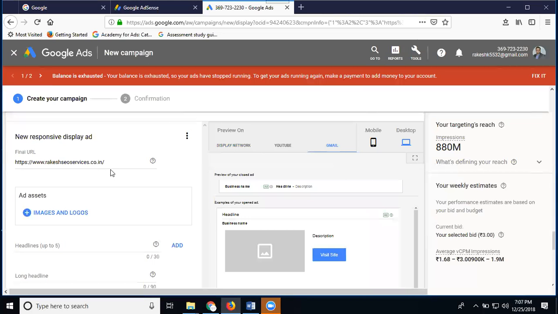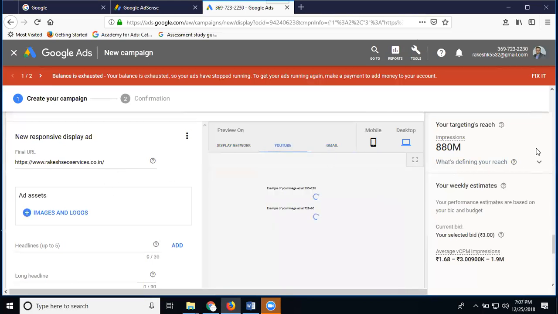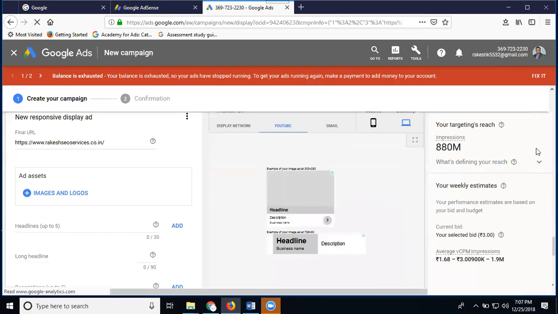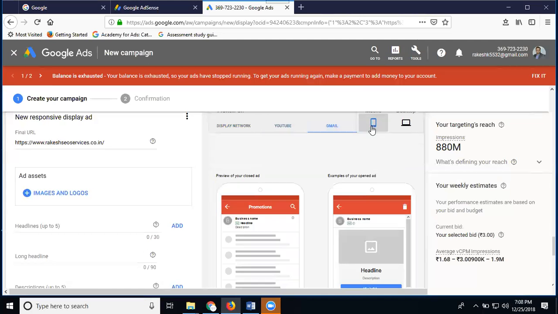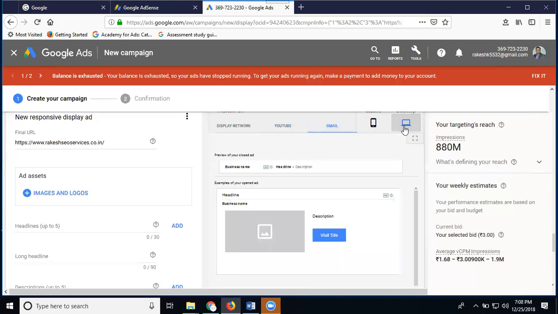Our ad will show on third party websites. Second one, YouTube. Third one, Gmail ad. Fourth one, mobile phone, meaning the Gmail app or other websites with mobile apps. Next one, desktop.